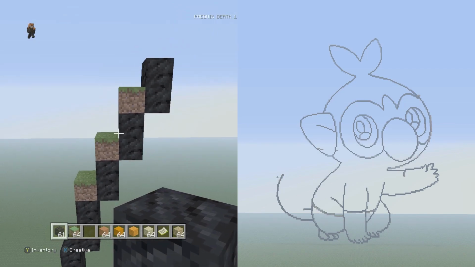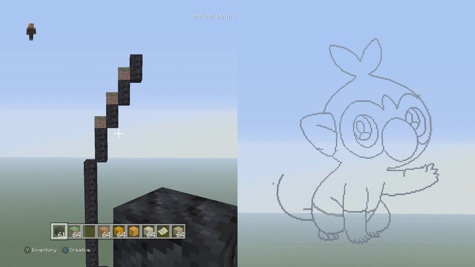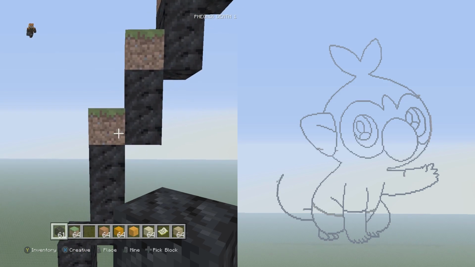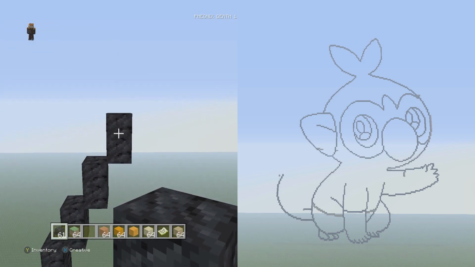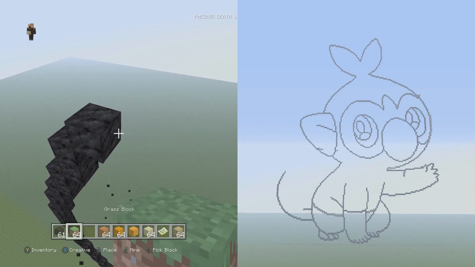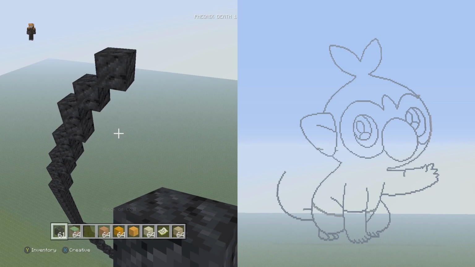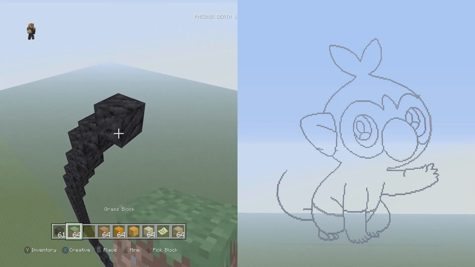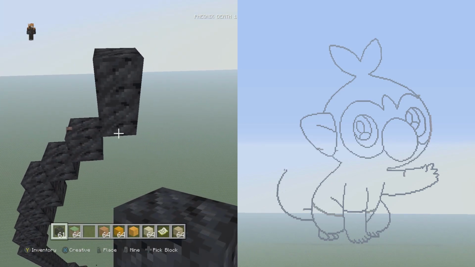Let me just zoom out so you can see that. And if you look at the right hand camera screen, it is kind of looking like the curve of a tail. It's just we don't have the round tip-ish yet, and we'll be getting to that part shortly. From here, we're going to go up and to the right 2 singles, 1, 2, 1, 2, up and to the right 2 vertical, placement block on the top, 1, 2, up and to the right 2 flat,